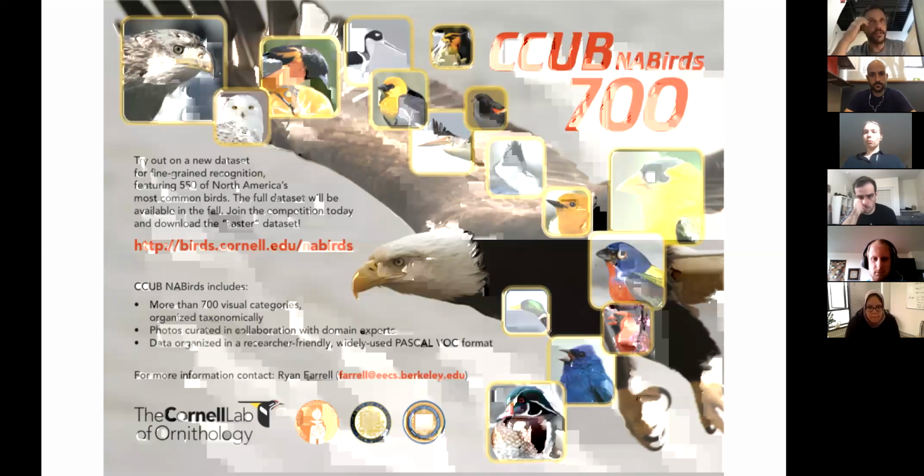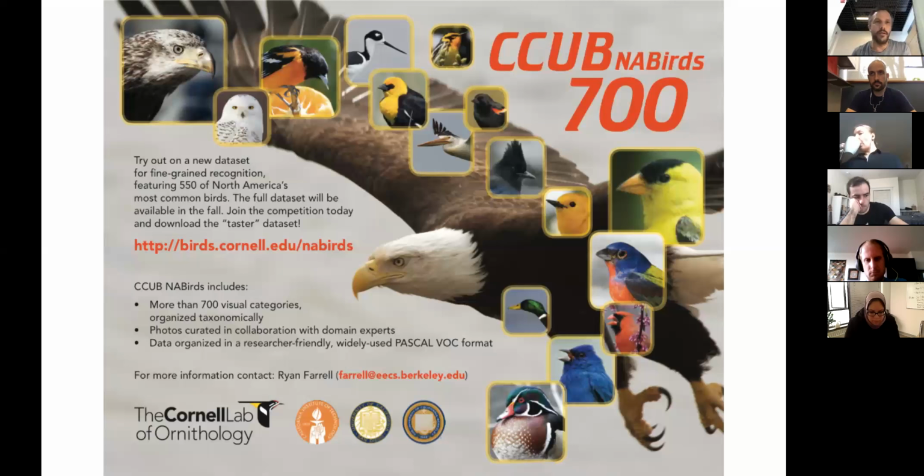So what changed at that point was that, in terms of classic supervised multi-class classification, it became less a game of manual feature engineering and more about curating really high quality datasets. So finding the groups or the organizations that would have the ability to put together really high quality datasets. And in our case, this is what brought me to work with the Cornell Lab of Ornithology and gave rise to one of these very large datasets, one of the early datasets for fine-grained recognition.